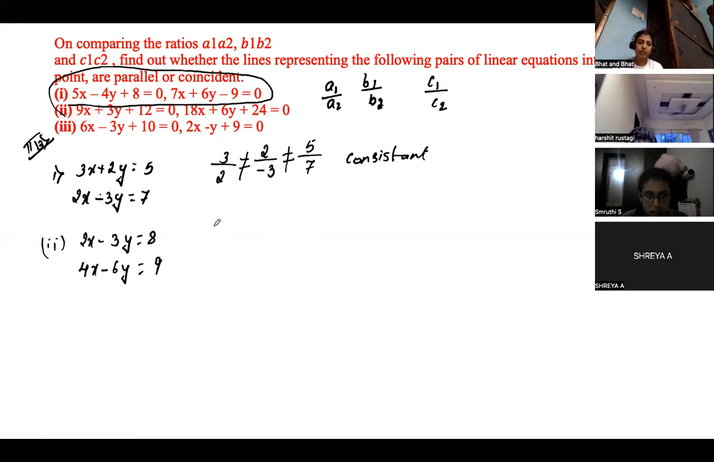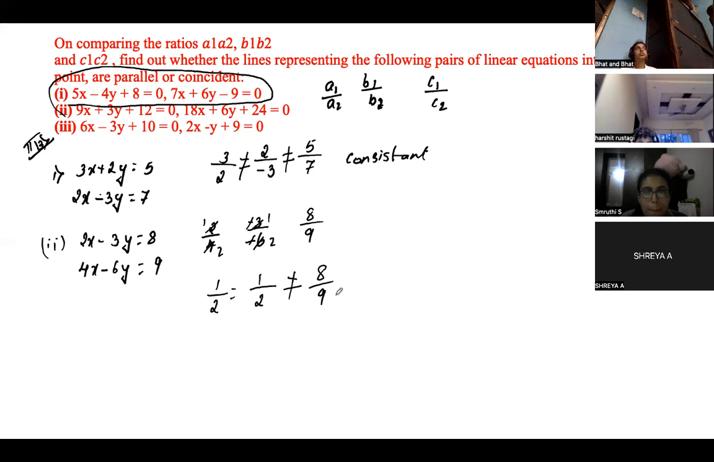Now let us write the ratios. A1 by A2 is 2 by 4. And B1 by B2 is minus 3 divided by minus 6. And C1 by C2 is 8 by 9. Now see, 2 by 4 is 1 by 2, and minus 3 by minus 6 becomes plus, again 1 by 2. This one we cannot simplify. So it becomes 1 by 2, which is equal to 1 by 2. But this is not equal to 8 by 9. Therefore,